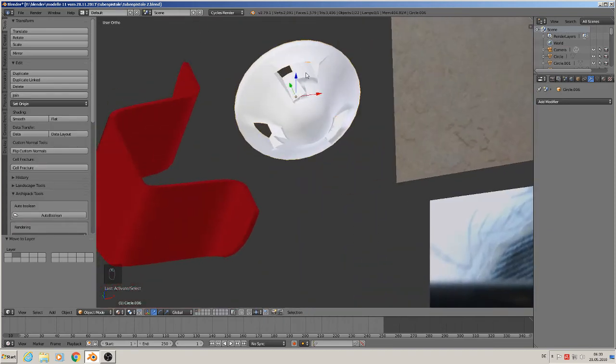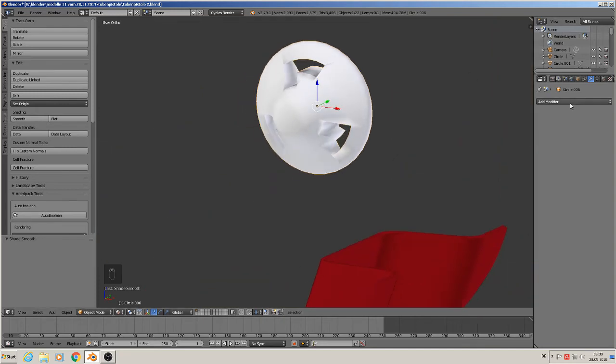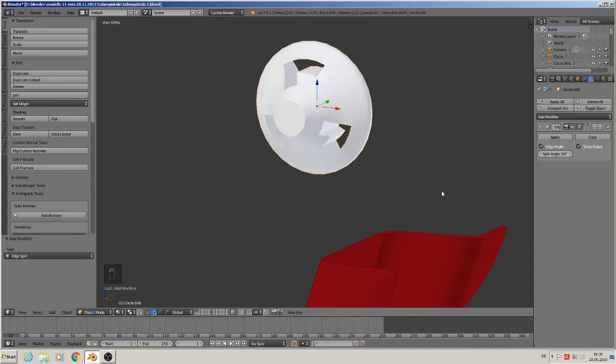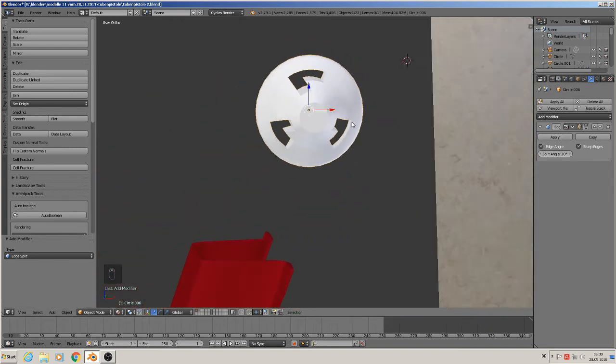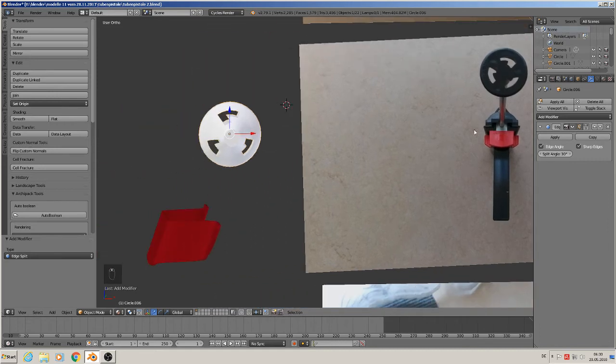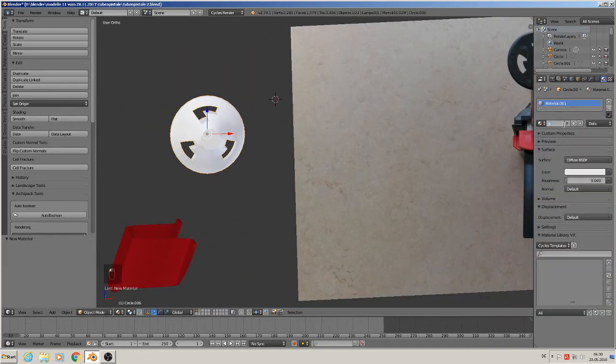You see here little errors. That comes because we have no add split on. So take an add split and you see that looks normal. Good. And that is a black plastic, so we give it here material, new,